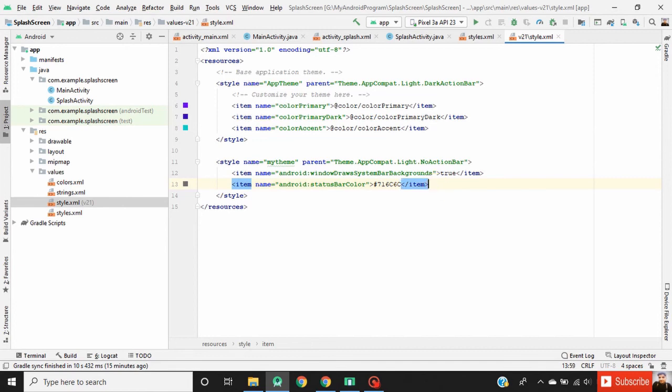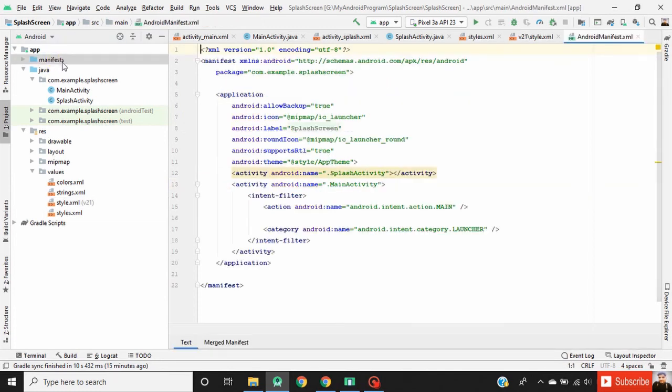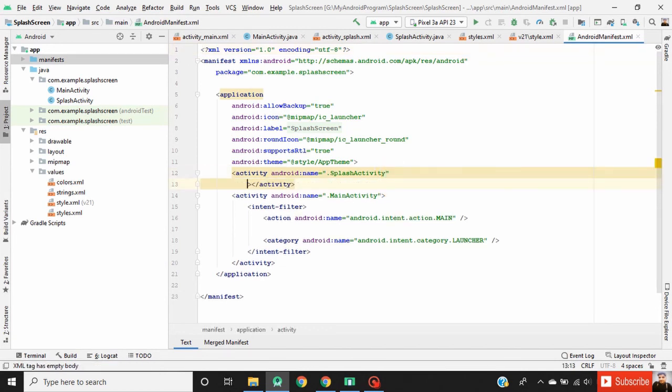Now at last define this custom theme for the splash activity inside the manifest folder. Go to AndroidManifest.xml and in the splash activity apply our custom theme.